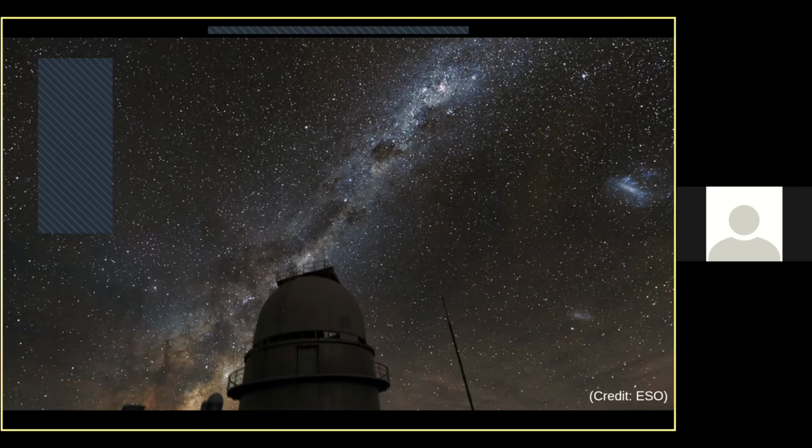And I bring this up because I want to get across that we're going to get a little bit familiar with galaxies throughout this talk, but I don't want us to lose sight of the fact that these are really cosmic objects. The time scales, the distance scales, everything is just incredibly vast. I don't want us to lose that sense of awe for them. It's one of my favorite things about astronomy.